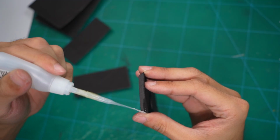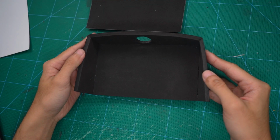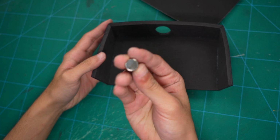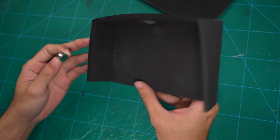Just follow the Pepakura and then make slanted cuts on every connected edge. Once I have something like this, I add in a strong magnet before covering the other side. I push the magnet onto the foam to mark the position, and then I cut a hole with a knife,